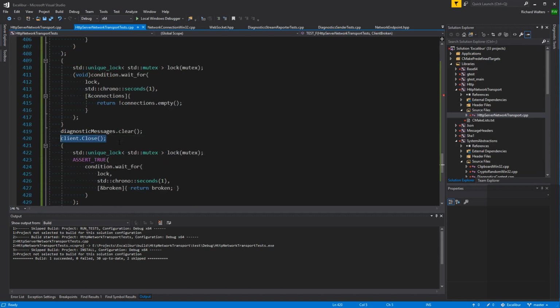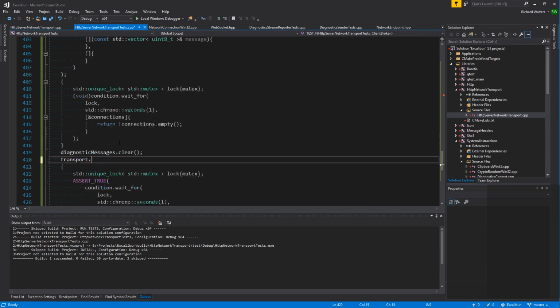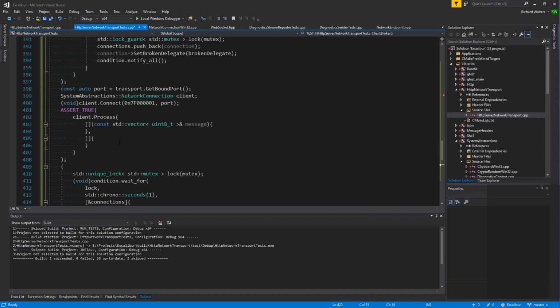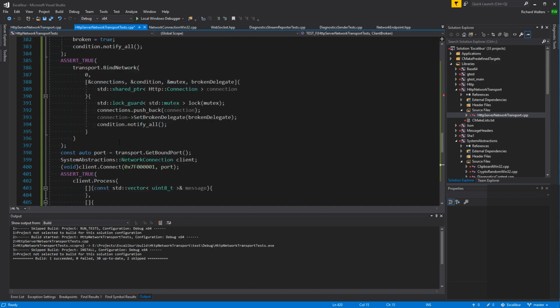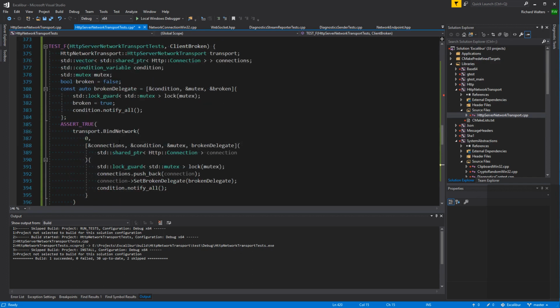So it would be something like transport dot, what is it? Not client. It's connections, isn't it?